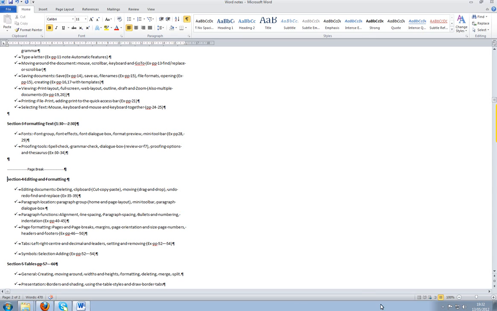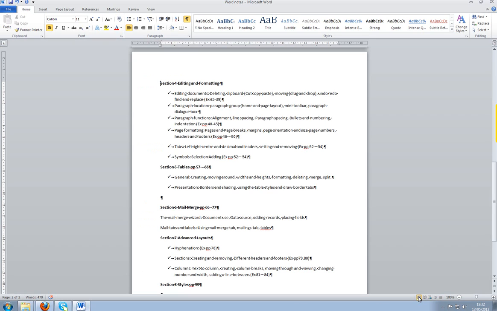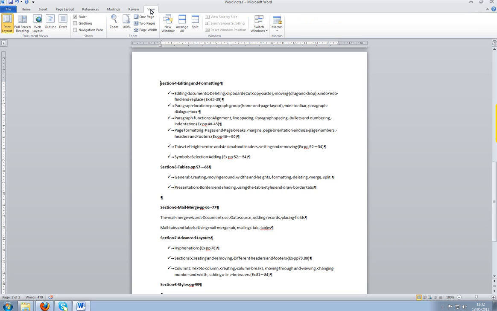Okay, let's go back to print layout view. So that's a little bit about the views. You can also find those views if you click on the View tab, the View ribbon, the View tab on the ribbon. And there you see we've got View, and there they are: print layout, full screen, web, outline, and draft. Now we've got some other bits and pieces here, and that's what we're going to focus on in